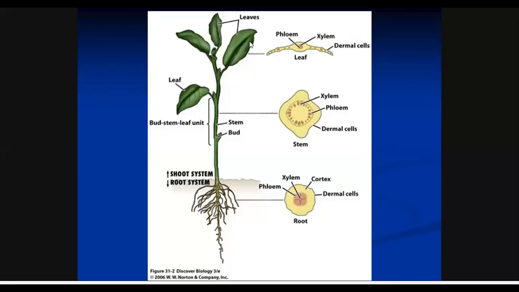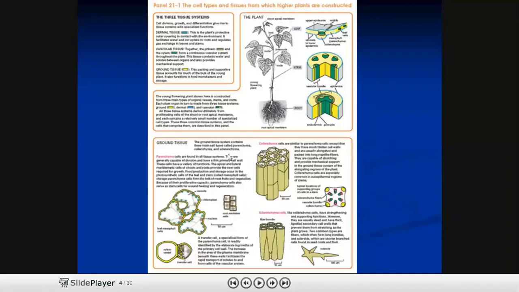So next, we already studied here: what is a permanent tissue, what is a simple tissue, and what is a complex tissue. Especially these are the three tissues here mostly: the dermal tissue, vascular tissue, and ground tissue.